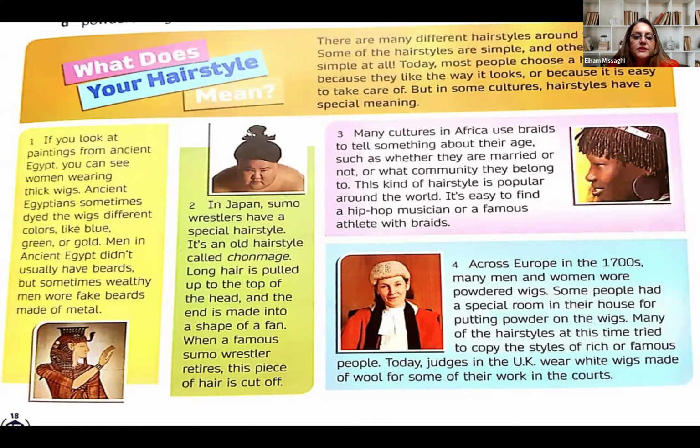So like here, it says, what does your hairstyle say? One is talking about Egypt. Number 2 talks about Japan. Number 3 talks about Africa. And number 4 talks about Europe. So all of them are talking about hairstyle. But to understand paragraph 2, which is Japan, you don't need to read paragraph 1. You know what I mean? So they're separate parts. So one way of teaching is